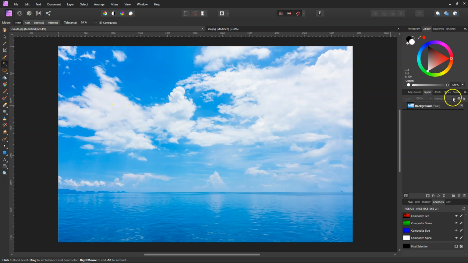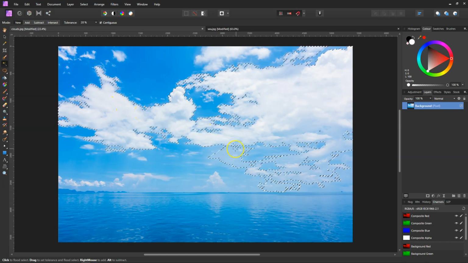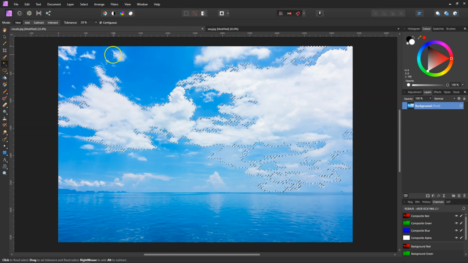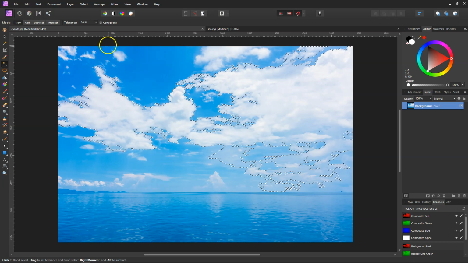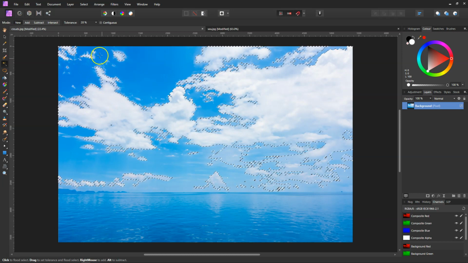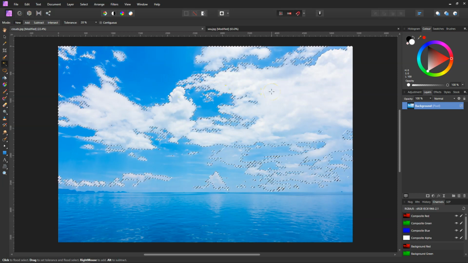First we have to make sure the background's selected, then click on it, and let it do its work. Once it's selected, as you can see, it's left out all of these, but come down here. If it's turned off, I'll just deselect that, turn it off. Now when we click on it, as you can see, it's jumped over to this side, because when it's ticked, it only selects the pixels next to it. So we need it